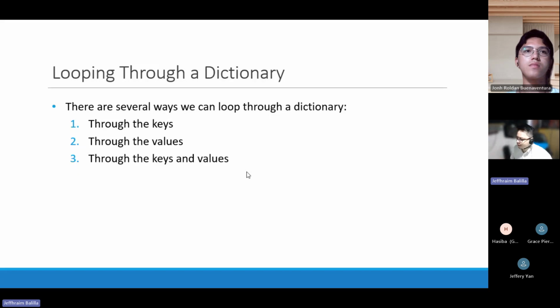So let's have this. There are several ways we can loop through a dictionary: through the keys, through the values, or through both of them. You can loop through just the keys or just the values, but you can also loop through both of them.